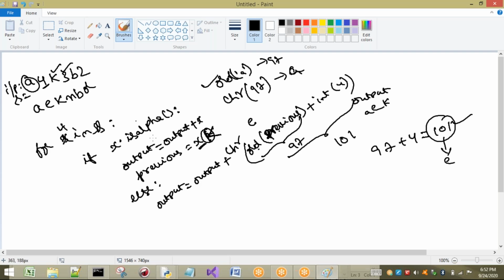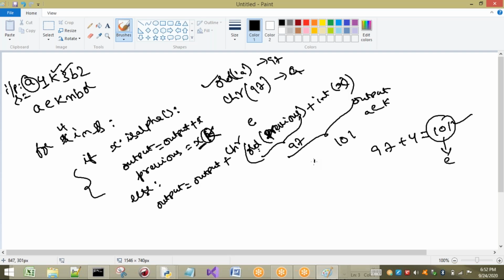Next is 3. So it will not go to the if case, it will come to else. So output is AEK plus, listen carefully, ord of previous. Previous is containing the K value. Some value will be generated here. That value plus int of X. In previous it was 4. Now I'm going to take X, and X value will be 3. So it is going to perform some operation.